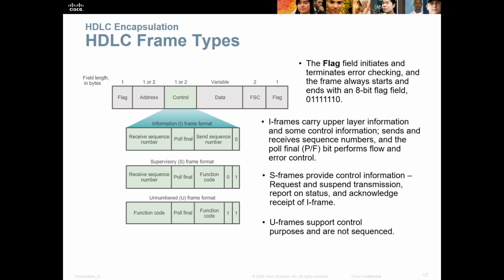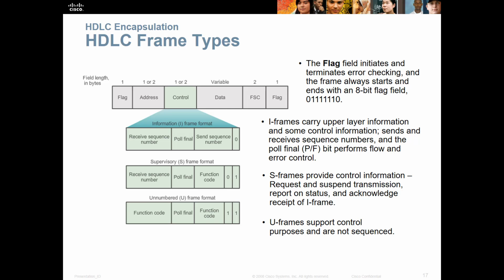Here is the frame type. You'll notice it will have a control type, both for information frames, supervisory frames, or unnumbered frames, also known as an I-frame, S-frame, or U-frame. The U-frame supports control purposes and is not sequenced. The S-frame provides control information, requests and suspends transmission, also reports on the status, and it will acknowledge the